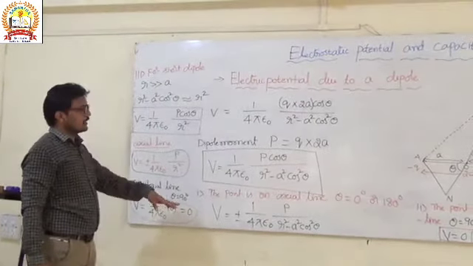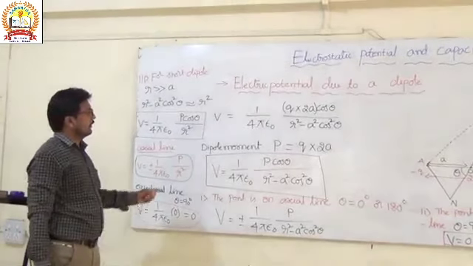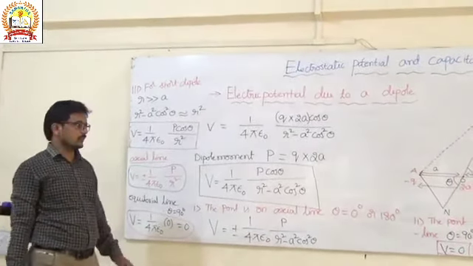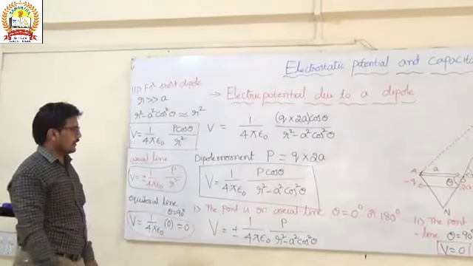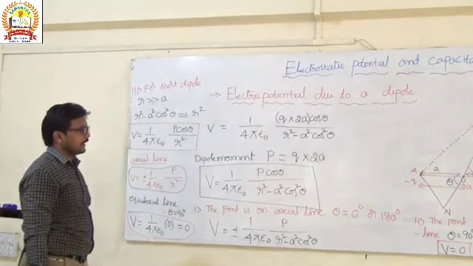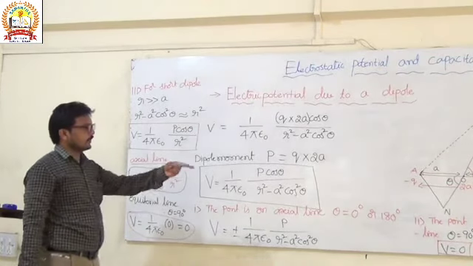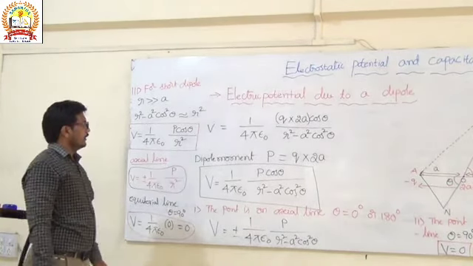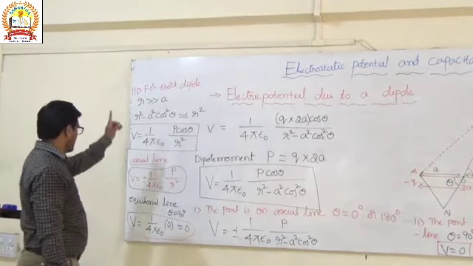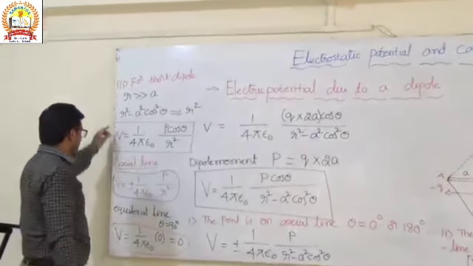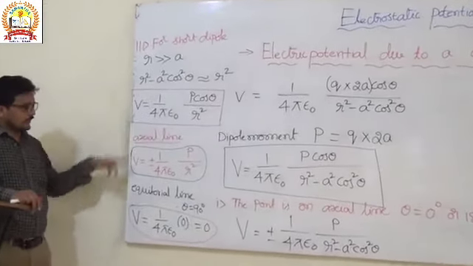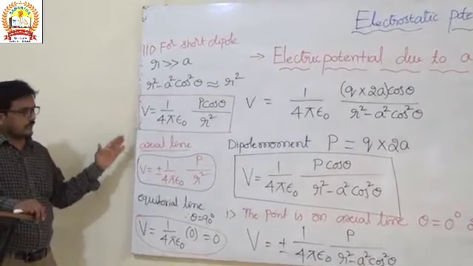Okay, this is the easy method to find the electric potential due to a dipole. In our textbook, they use trigonometry, and by using that they derive. So instead of that, if you go with this one, it will be easy to derive the potential due to a dipole. And these formulas we use for 1 mark and in objective type questions also we use the formulas, potential due to a dipole and the cases.